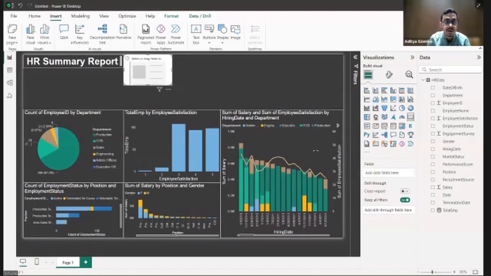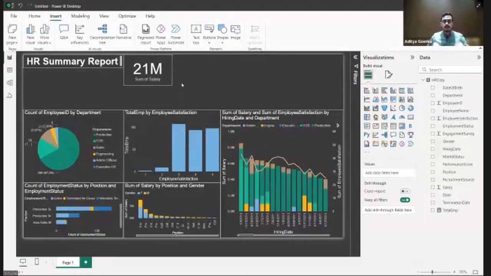So simply drag salary from here and place it in field. The sum of total salaries which the company is disbursing every single year comes out to be 21 million.